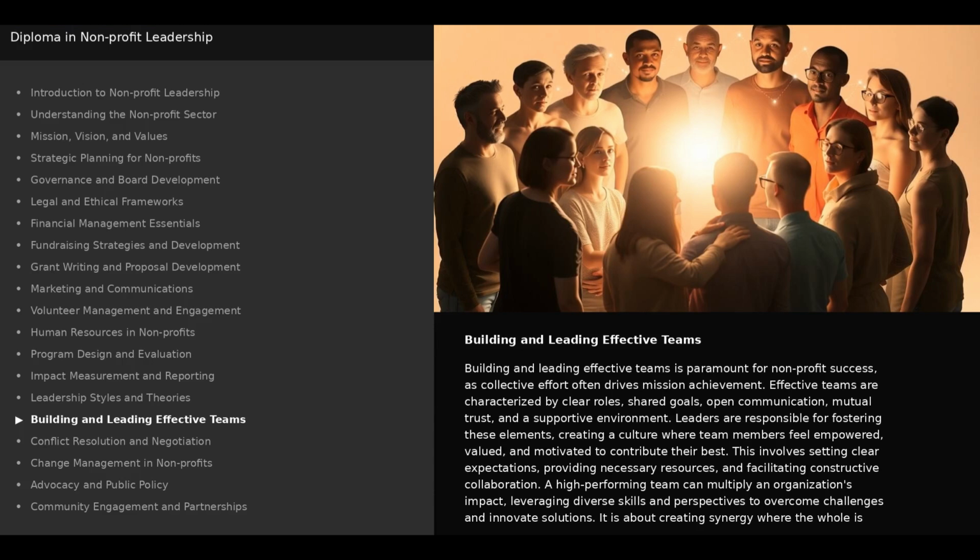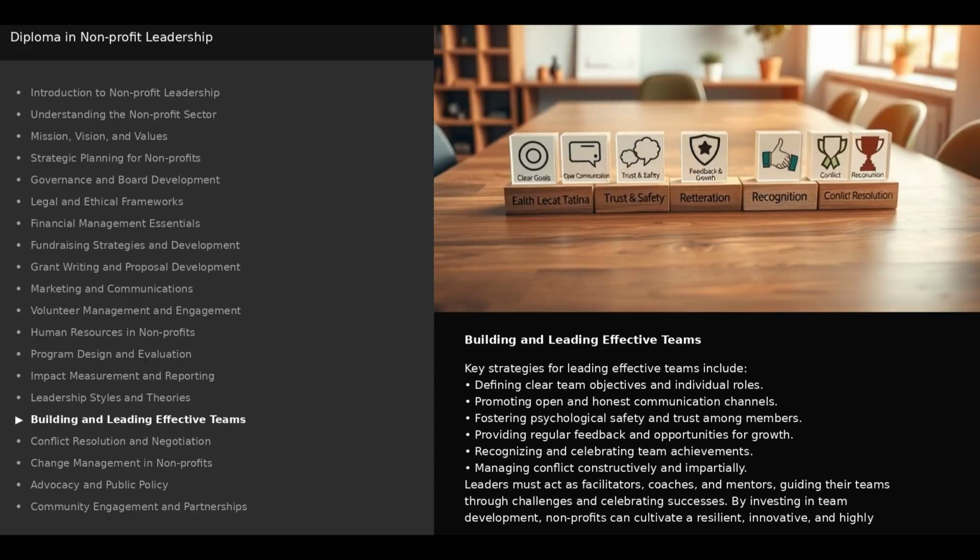A high-performing team can multiply an organization's impact, leveraging diverse skills and perspectives to overcome challenges and innovate solutions. It is about creating synergy where the whole is greater than the sum of its parts. Key strategies for leading effective teams include defining clear team objectives and individual roles, promoting open and honest communication channels, fostering psychological safety and trust among members, providing regular feedback and opportunities for growth, recognizing and celebrating team achievements, managing